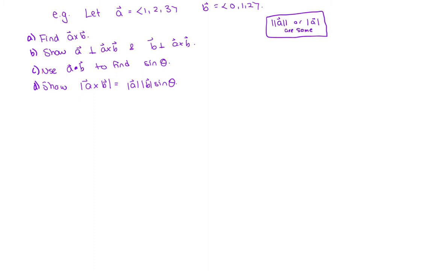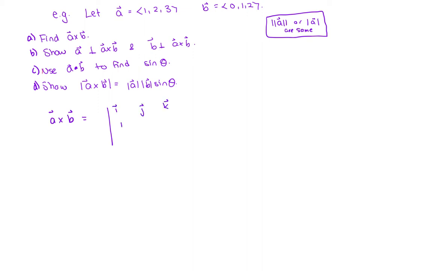So let's work through a little longer example here. The first thing I want to do is find A cross B, where A is the vector 1, 2, 3, and B is the vector 0, 1, 2. So we know to find A cross B, I'm going to take the determinant of this matrix that has ijk's